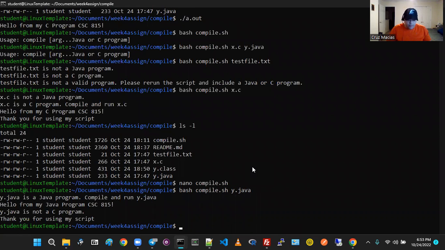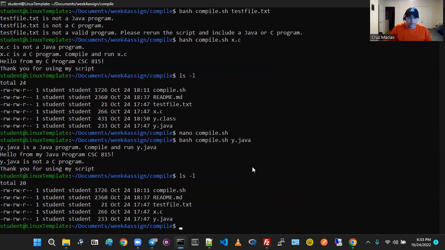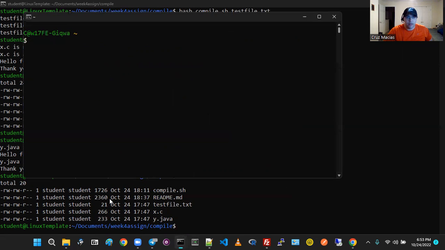And again, it runs successfully. And if I do ls, you'll see that the class file has been removed. Okay, so now if we were to go into my machine to see a different version, I actually have already,